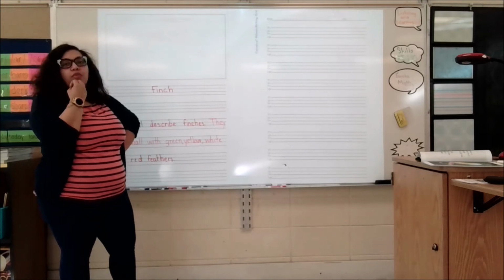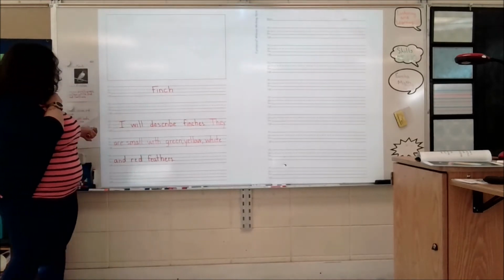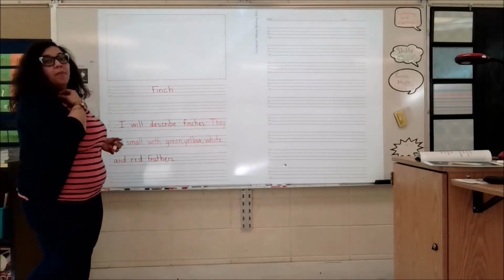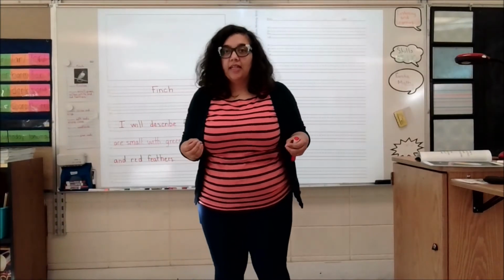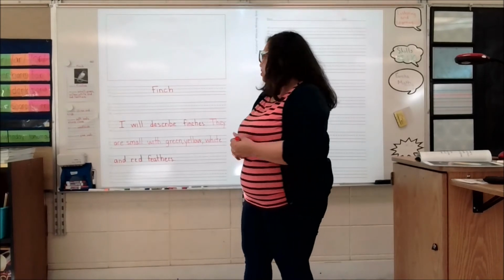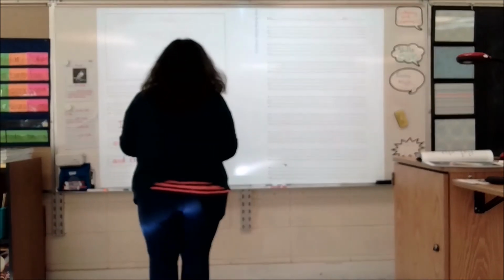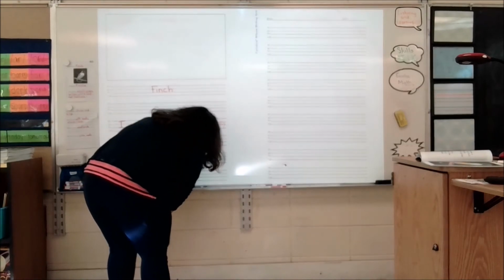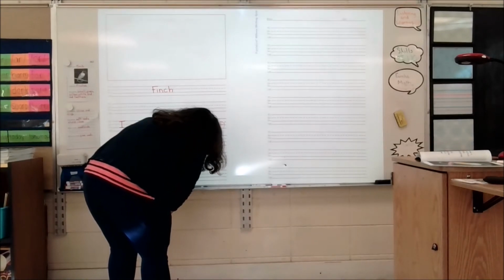Notice there are different ways in which we can communicate our information from our plan. The most important thing is that it makes sense, and we're making complete sentences. So this sentence, because we don't want to remove the word finches for too long, starts here. So finches